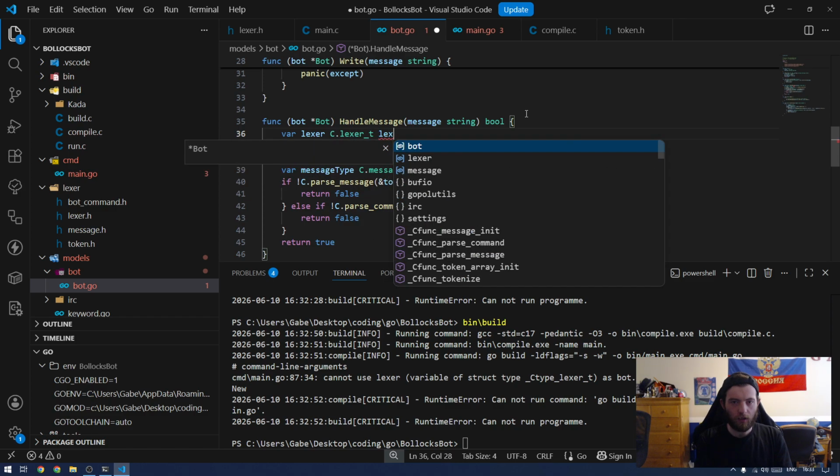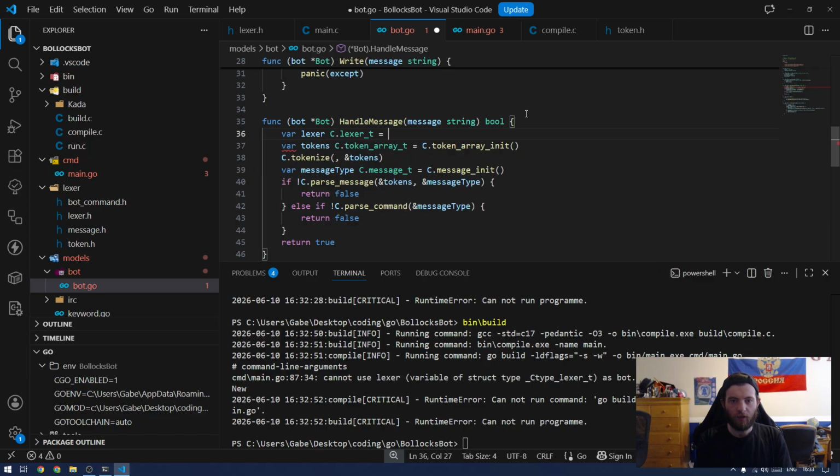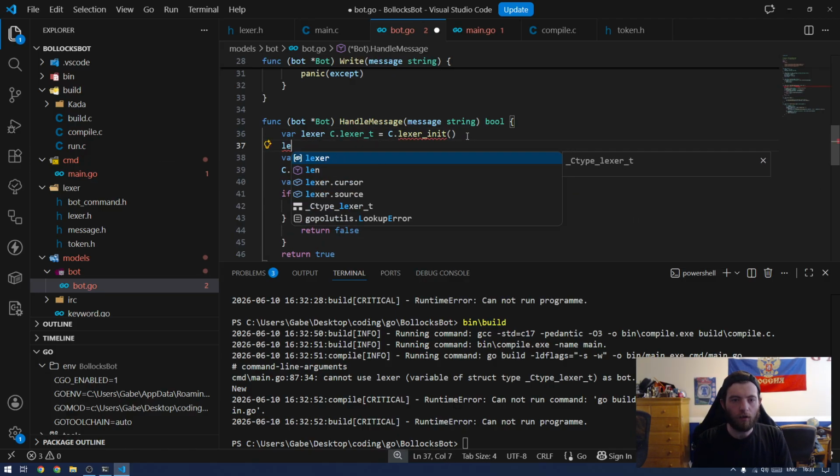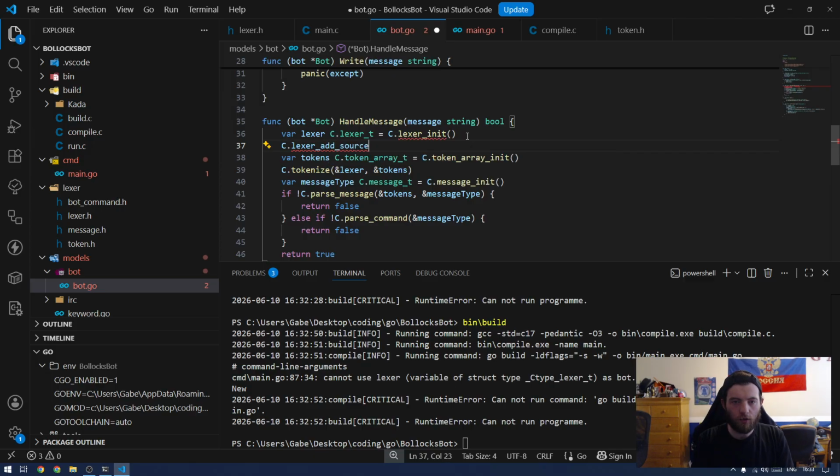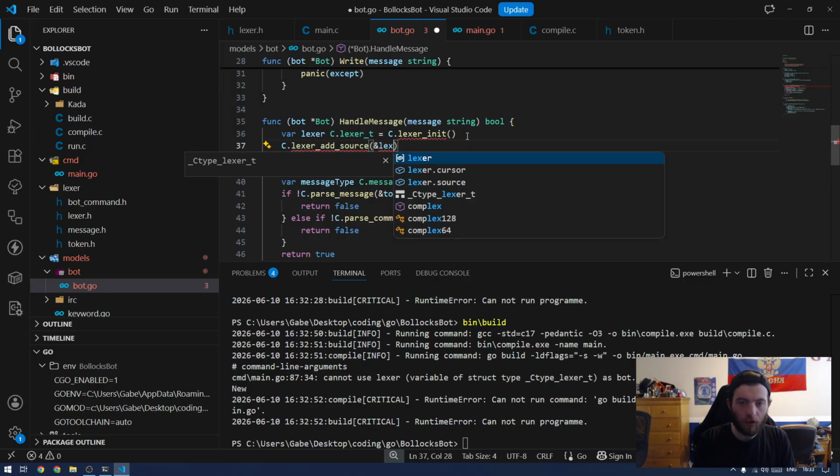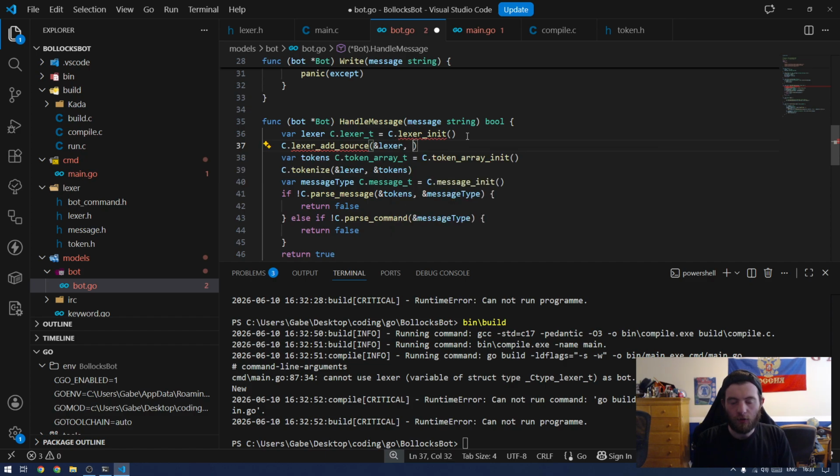C.Lexer t Lexer is equal to C Lexer init. Doesn't take any arguments, and that's going to be Lexer. Our source is Lexer or C.Lexer add source. And we're going to say the Lexer, and the source is going to be